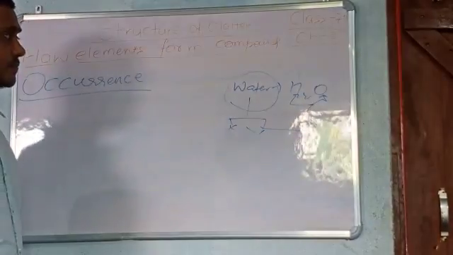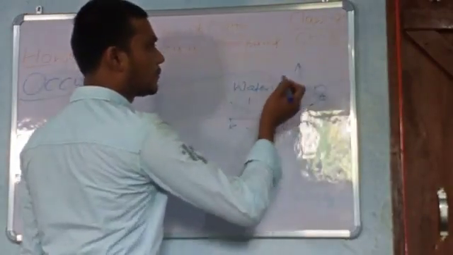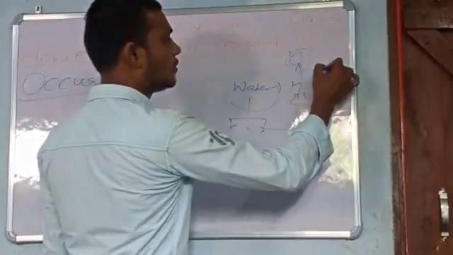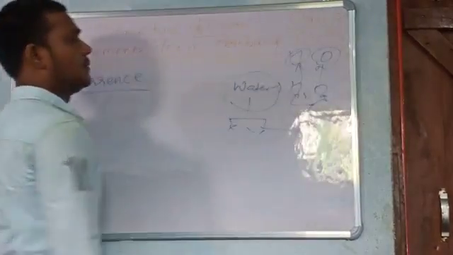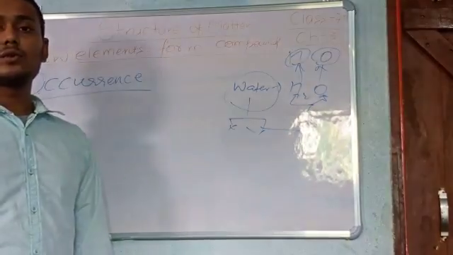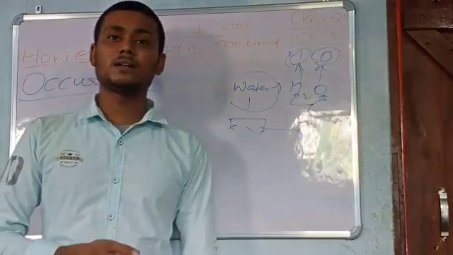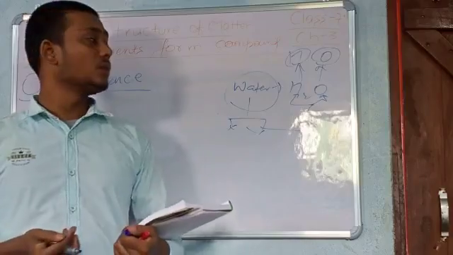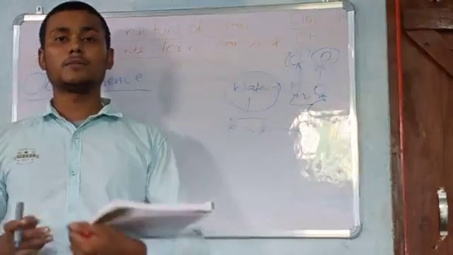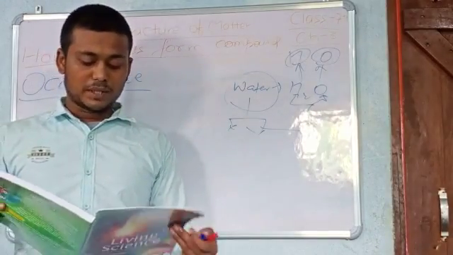So if we want to get pure hydrogen from water, we can do this. We also get the pure form of oxygen from water. So if we have a compound which is found in nature, we can also get the pure form of hydrogen and oxygen with the help of water. Okay, now the properties of compounds.